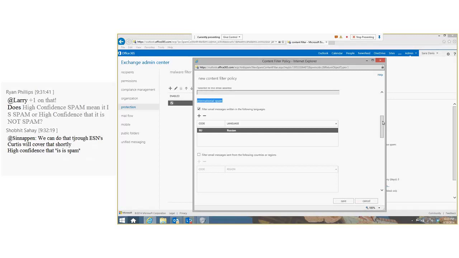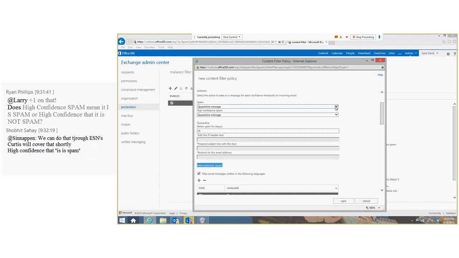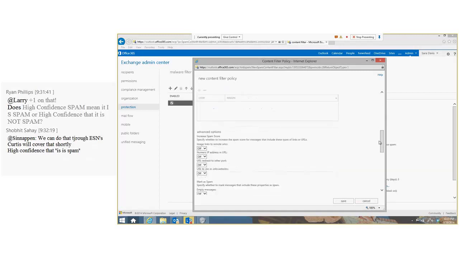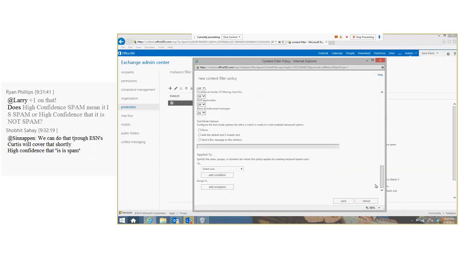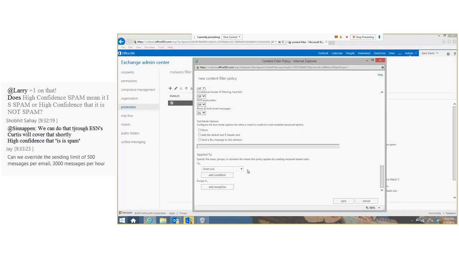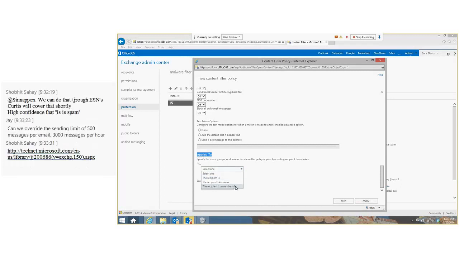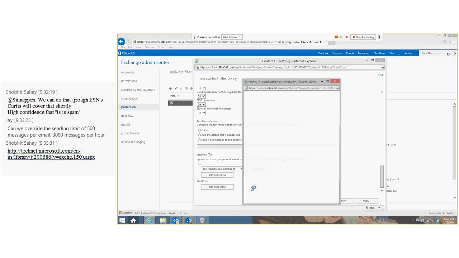Specifically, I've marked the messages to be quarantined when this is seen. All right, I've selected my language. Now I'm going to scroll down and add in the last action to this rule and apply the message to the executive group specifically. So I'm going to say if the recipient is a member of, and then I'm going to go ahead and select the executive group and apply this rule specifically to the executive